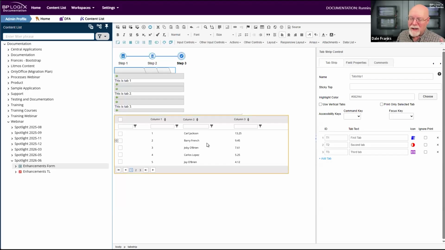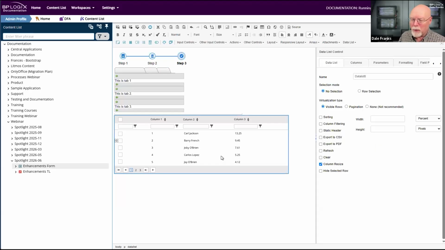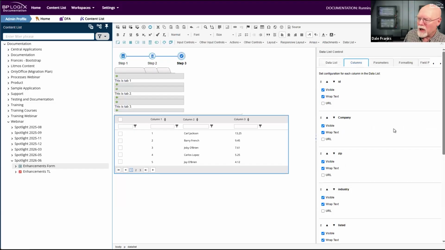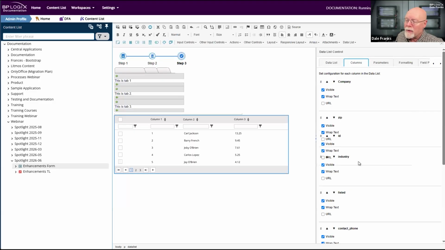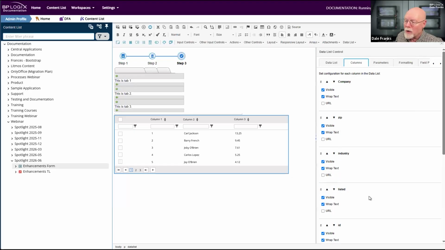And one of the things that won't work is being able to pull the URL. Also, I don't have a URL field in any of the data sources I have. I didn't really have the time, unfortunately, to make one, but let's take a look at the columns tab because that's where the big changes come. The first thing you notice is that we have these icons up at the top. We do have the move up and the move down icon, but for the columns, we do have drag and drop reordering for the column.